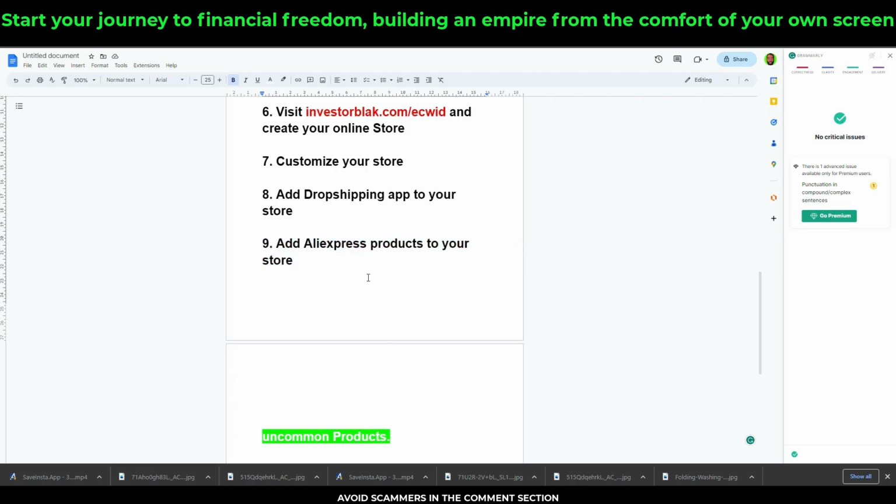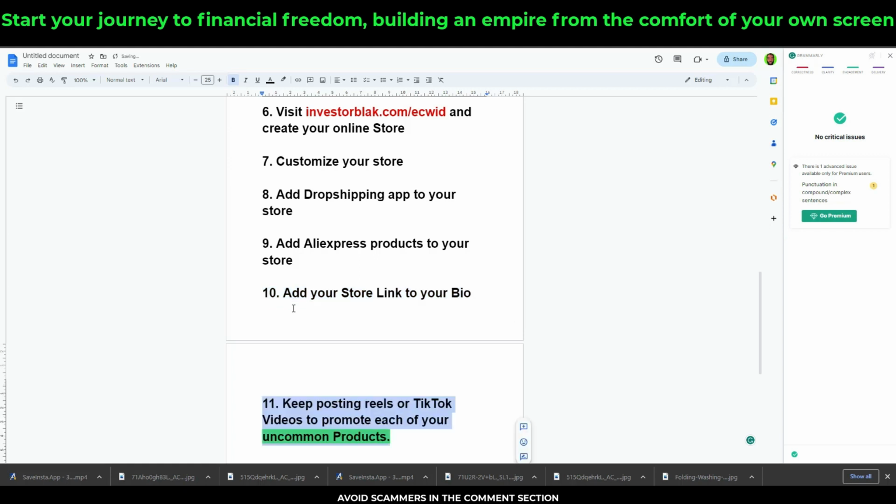Okay, so the next step is to add your store link to your bio. Now, before adding your store link to your bio, make sure that you've added enough products on your Instagram. And a good way to go about that is to use a tool called Tailwind. Okay, to use Tailwind, all you have to do is head over to